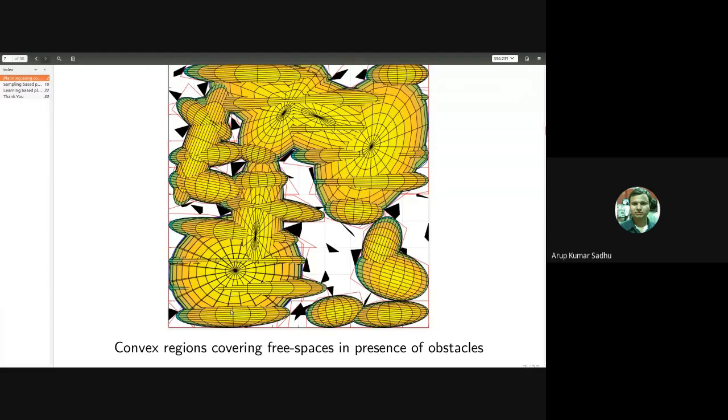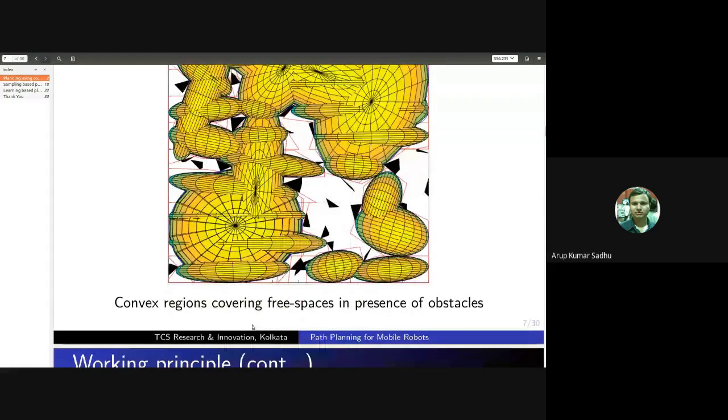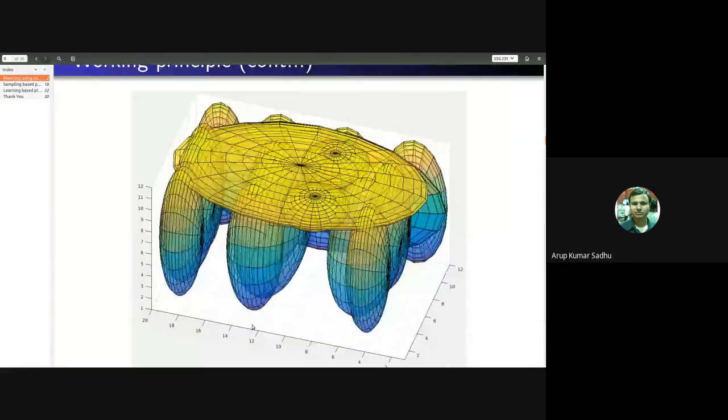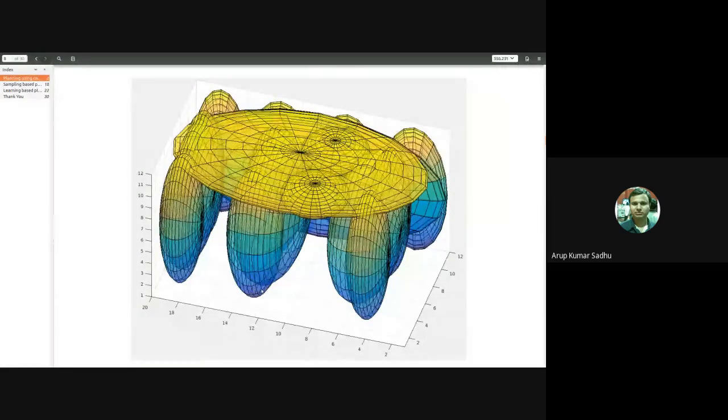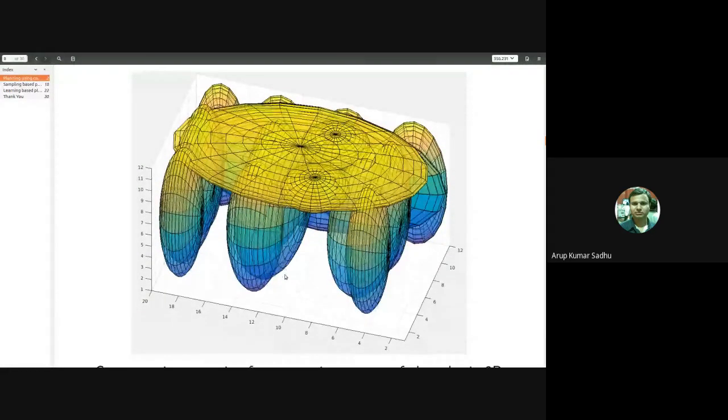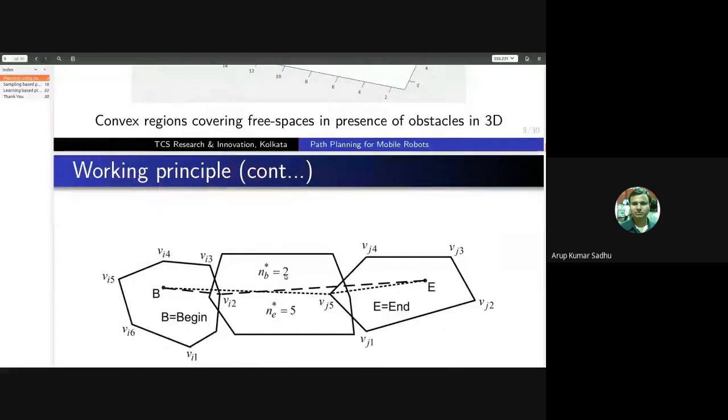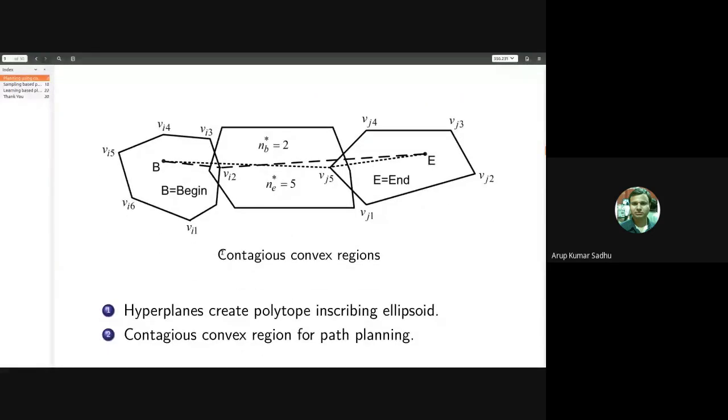It must be connected so that we can move from one point to another without hitting any obstacle. And this is another three-dimensional representation of the same thing, showing the contiguous free space generation, as I mentioned just now.